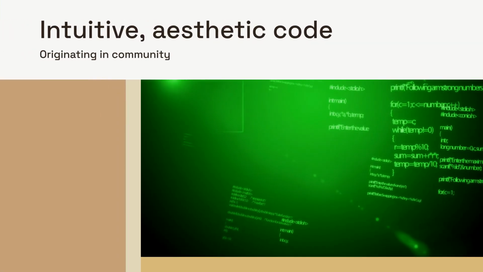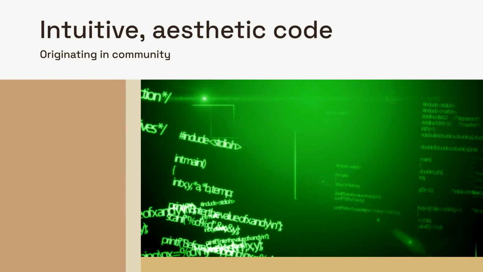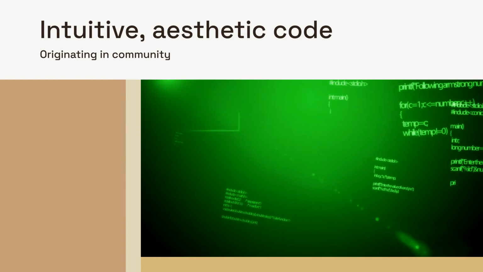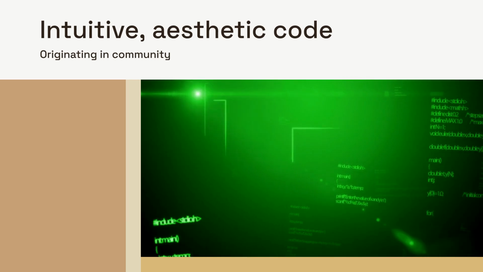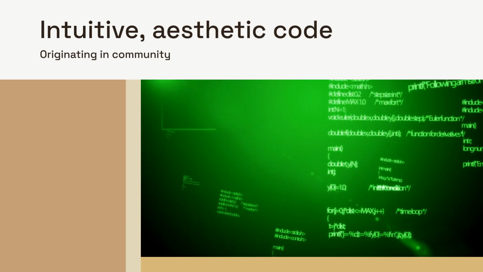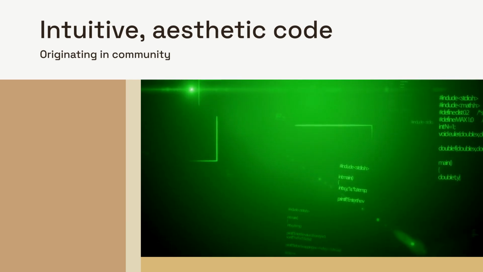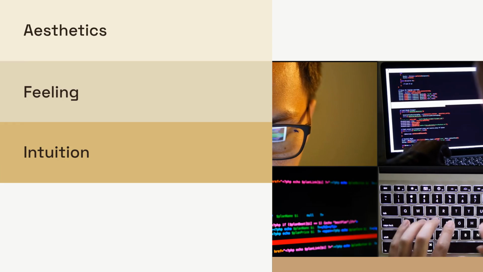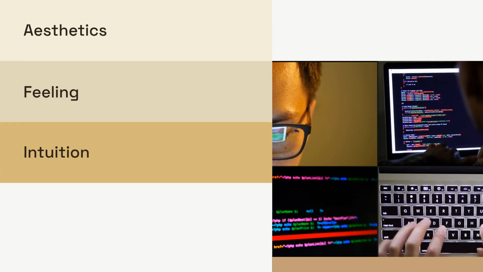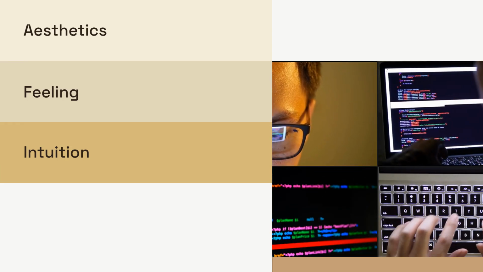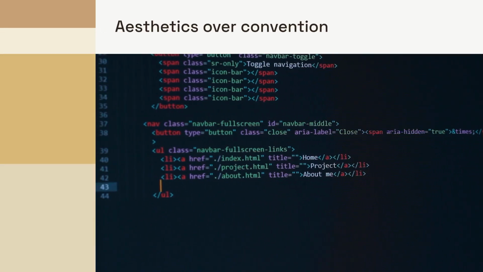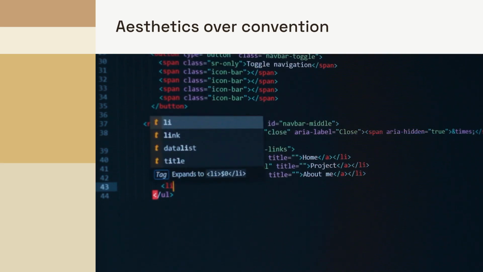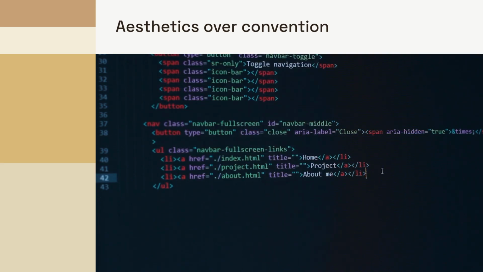Vibe coding generally describes writing code that prioritizes aesthetic appeal, personal comfort, and intuition over traditional, rigid coding standards. The term gained traction largely through social media and developer communities. The key aspects of vibe coding center on how the code feels to the person writing it. It's about achieving a code style that is personally satisfying and aesthetically pleasing. This approach often means bending or breaking established conventions and style guides. If a certain structure or variable name feels right or looks better to the developer, that's what they go with.